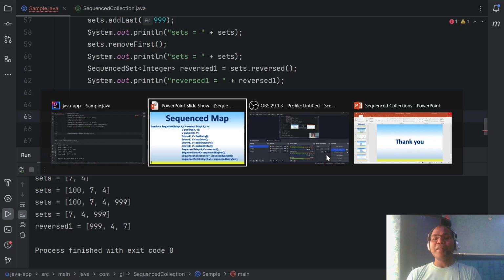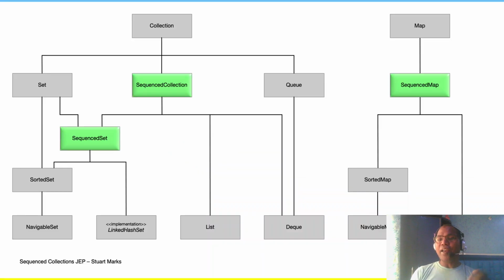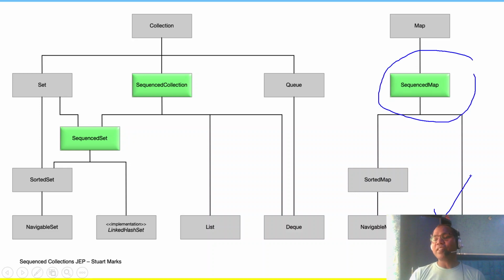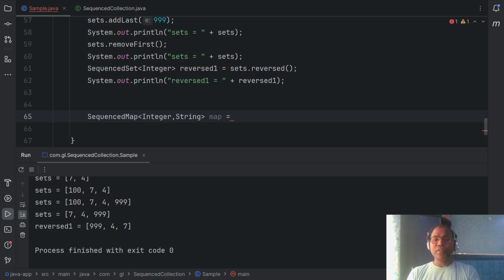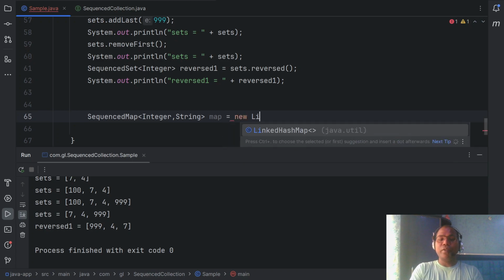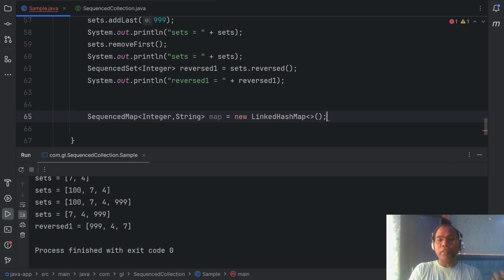Again, same as in the diagram, this sequenced map is already part of your hierarchy. So these implementation classes you can directly use, like LinkedHashMap. So simply say new LinkedHashMap. Now your existing LinkedHashMap works for your sequenced map,